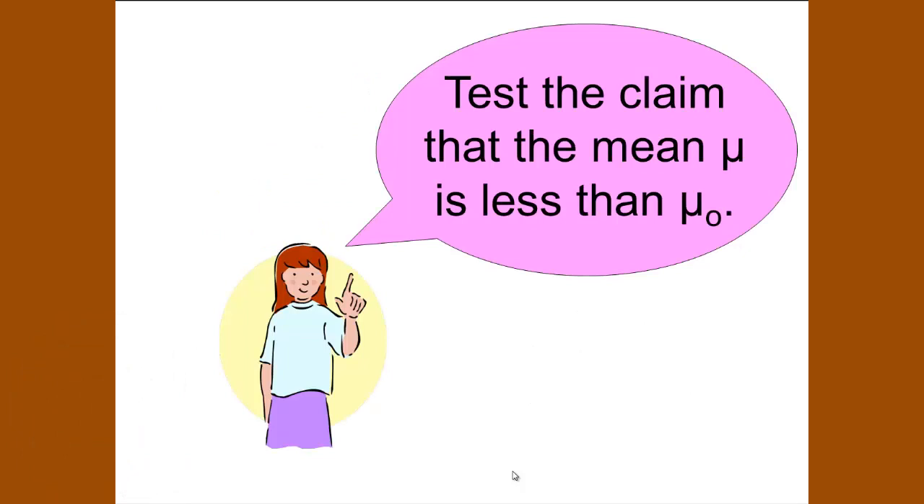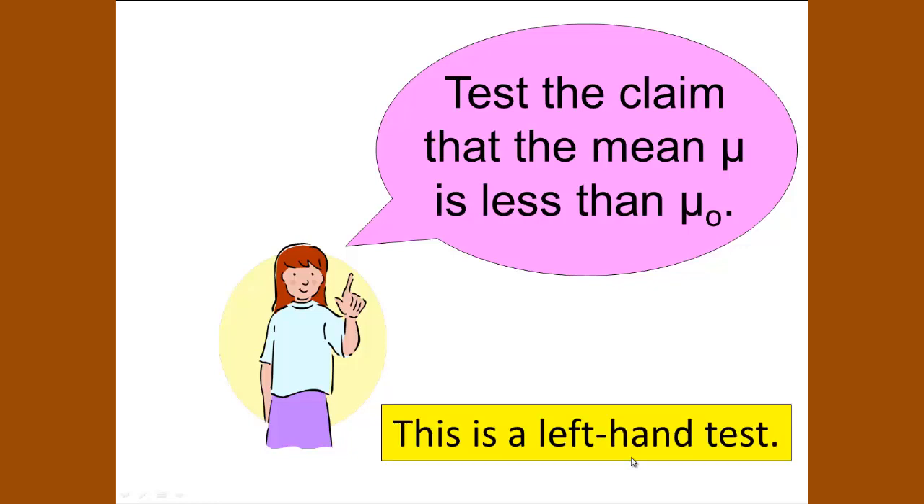In our first case, we're testing the claim that the mean mu, meaning the population mean, is less than mu sub 0, where mu sub 0 is a particular number given to us in our particular problem. In other words, it's an actual number that we have in our problem. Since we're not dealing with an actual example, we will designate it with the variable mu with a little 0 as a subscript. In this case, since we're testing the claim that it is less than, this is a